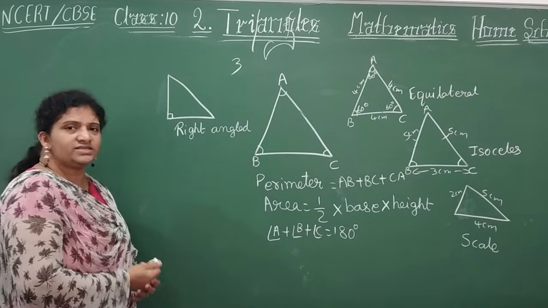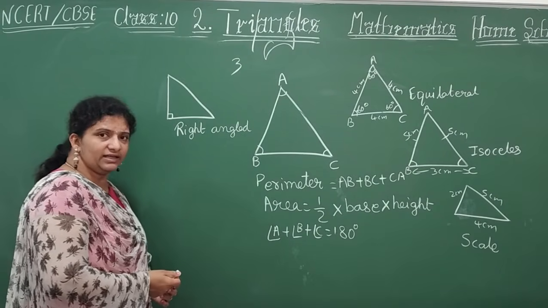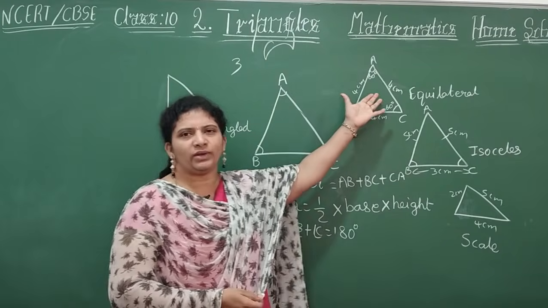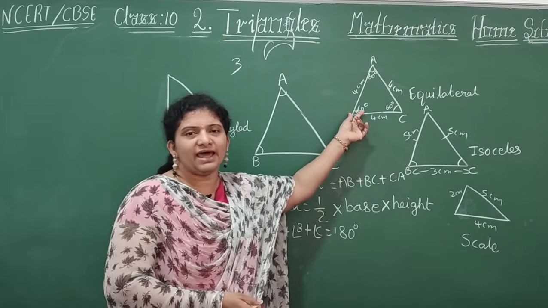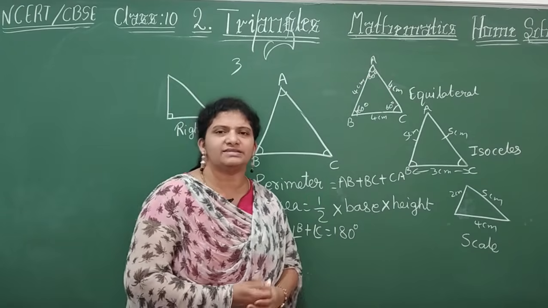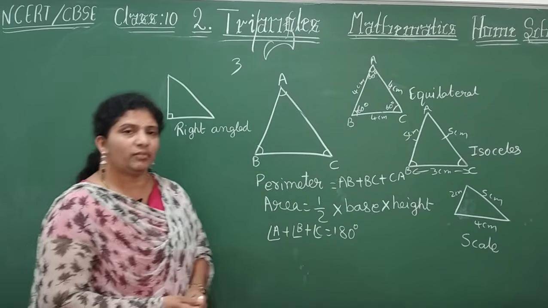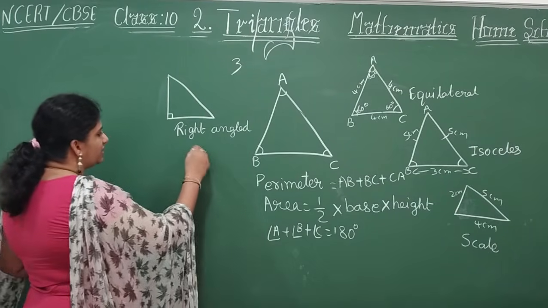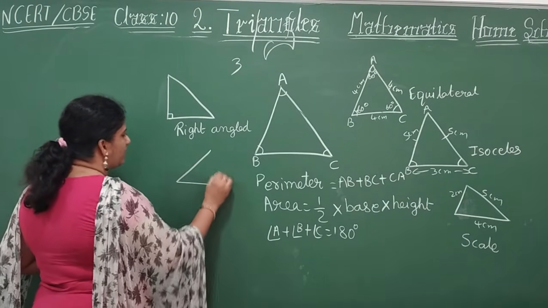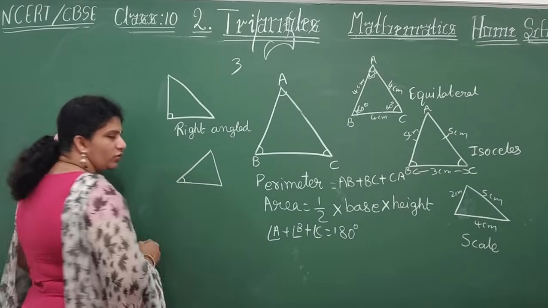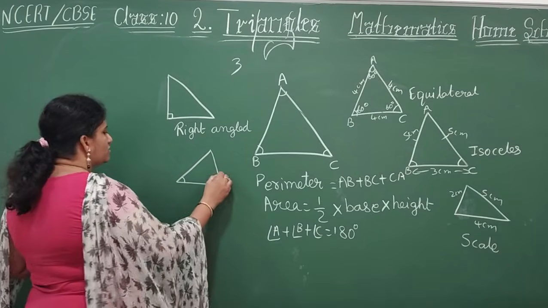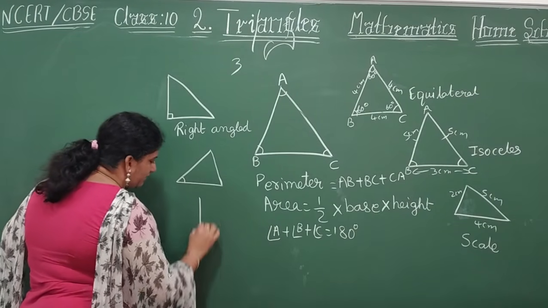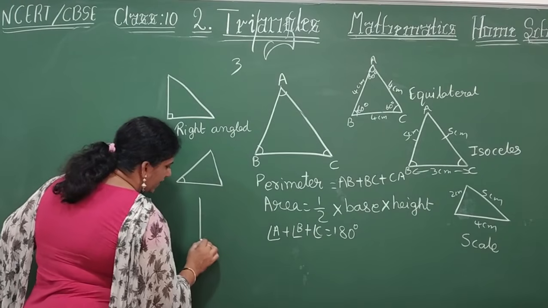Next, what is an acute angled triangle? Acute angle means, see, this is an acute angle triangle. Less than 90. Their angles are less than 90. Then coming to obtuse. Obtuse angle triangle, how will it be, children? So if you want one more example for acute, this is an acute angled triangle. So now, next, obtuse. Any one angle, if I take here, like this.